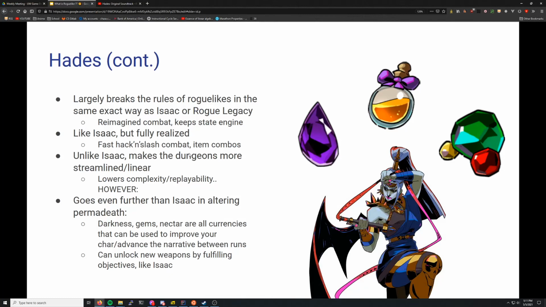So what it does is it takes from Isaac the unlocking of new weapons, new ways to play through the level every time. That's basically analogous to getting new items. You get new builds in Isaac. You get new weapons to use in Hades. But it's also like Rogue Legacy in that you get darkness, gems, nectar, which are all currencies that you can